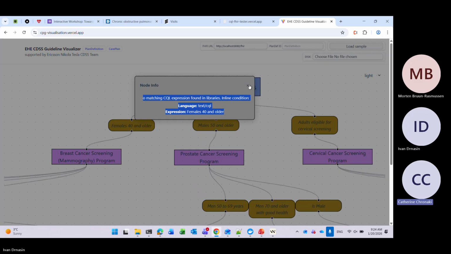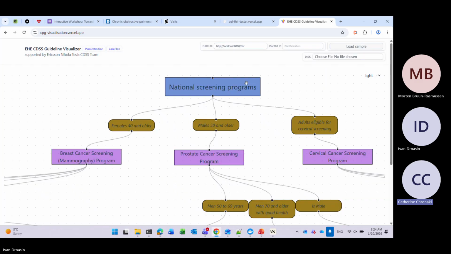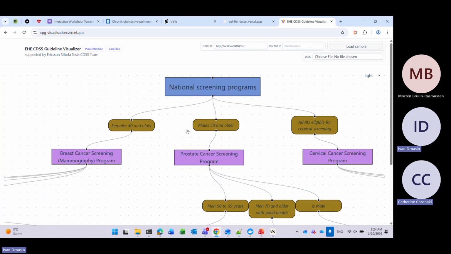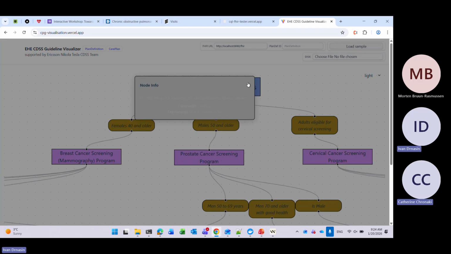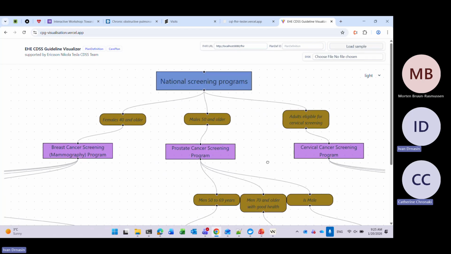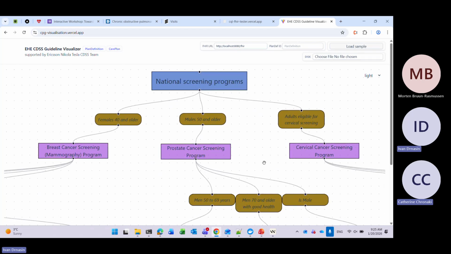That's the group that June was discussing yesterday, right? The cohorts part. Just a moment. Males 50 and older would go for prostate cancer screening. Yes. And now you don't see, but there is a screening below. It says men 50 to 69. So this is the first inclusion criteria to which guideline we will send the patient.